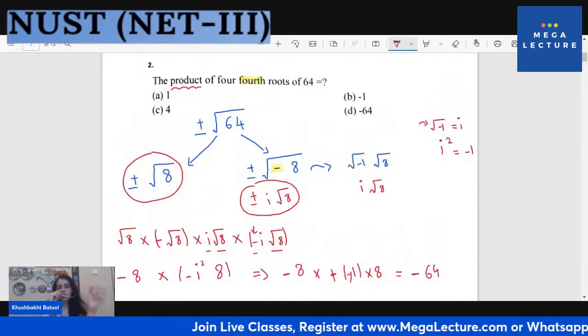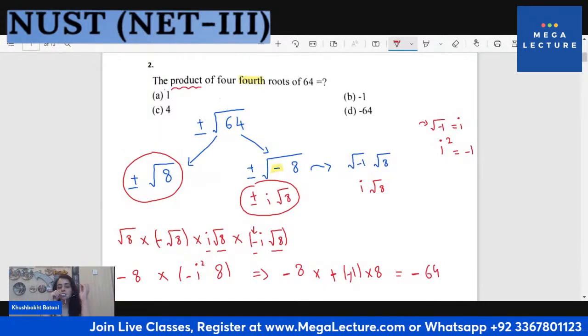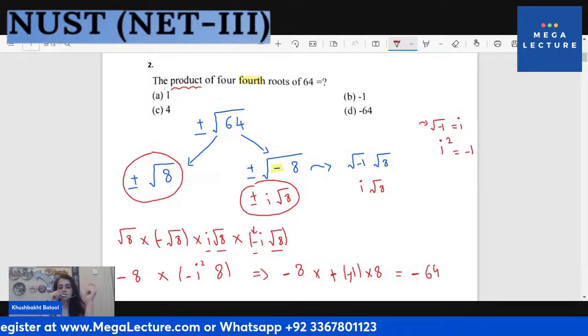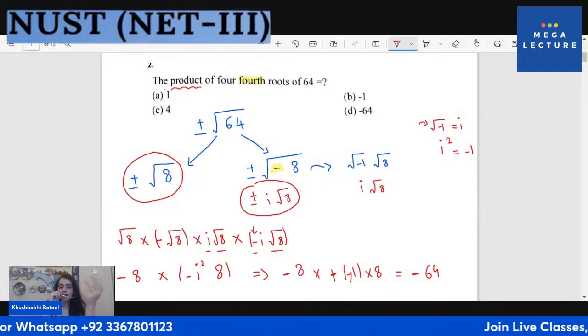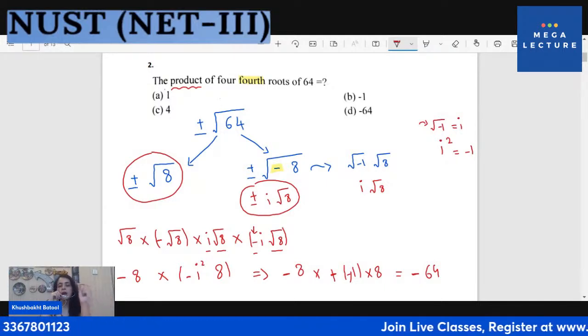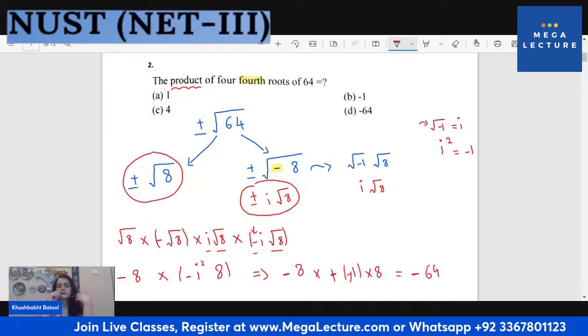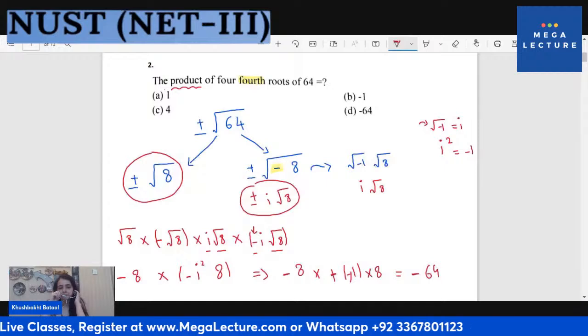Please pay attention. When it says four fourth roots, you would know that obviously you'll first find out the square root. Once you have the square root, you'll find the square root again to find the fourth root. Okay. And obviously, when you have square root, you will get two answers. When it's fourth root, you would get four answers. So this should be understandable. Okay. Now,